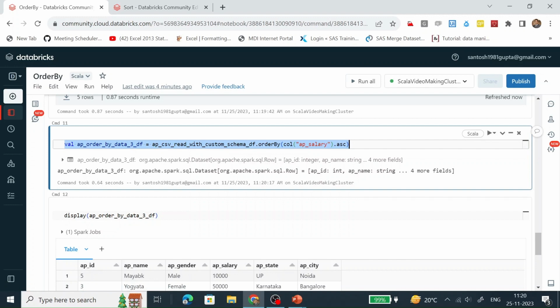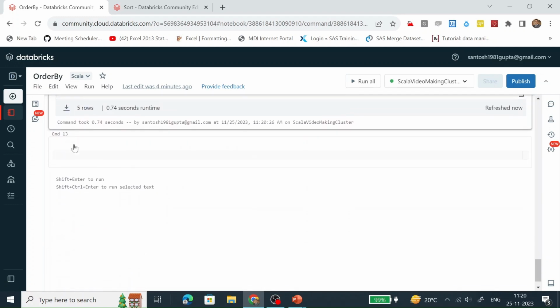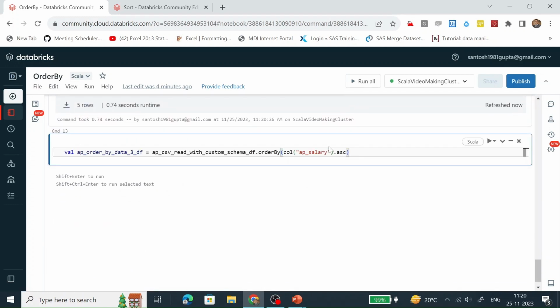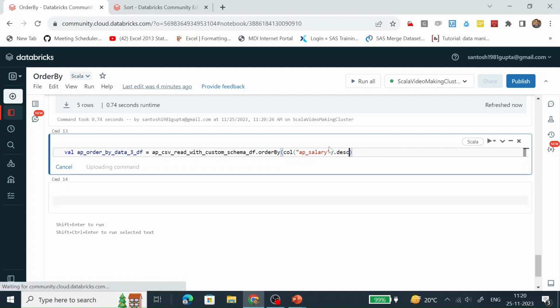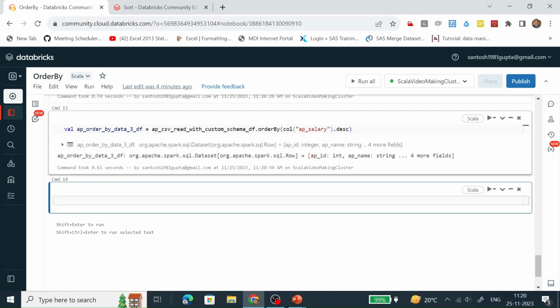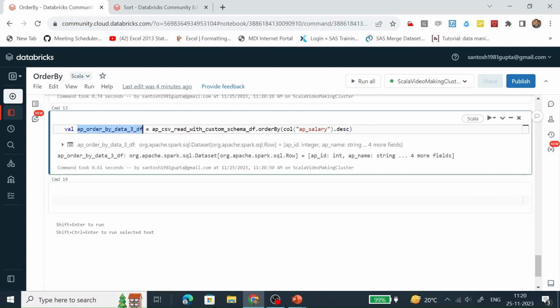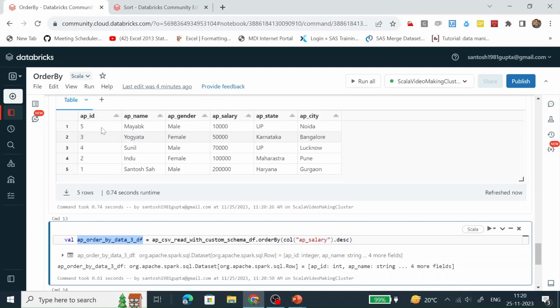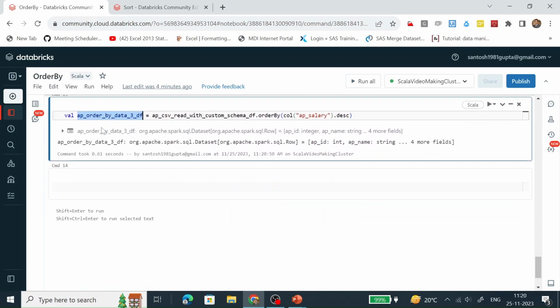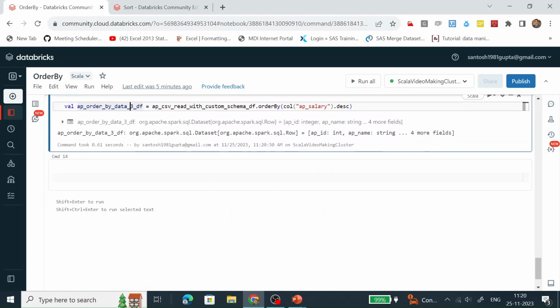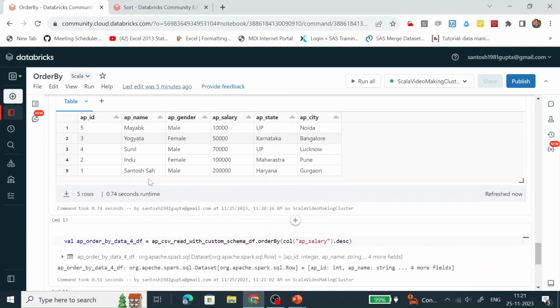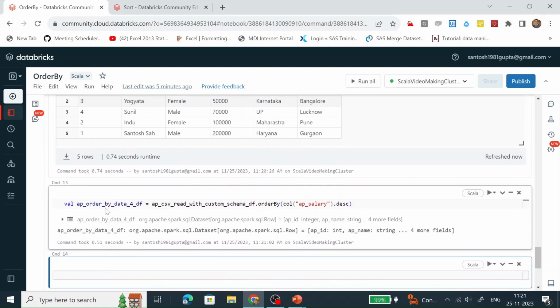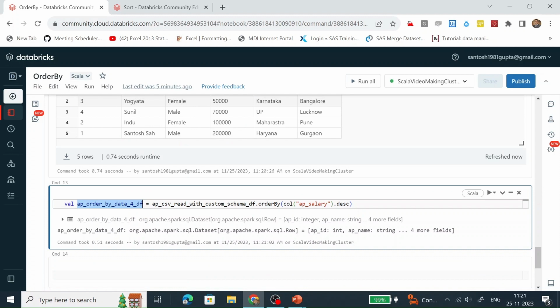Let's order by this AP salary in descending order. Let's run it. Just change the data frame name.